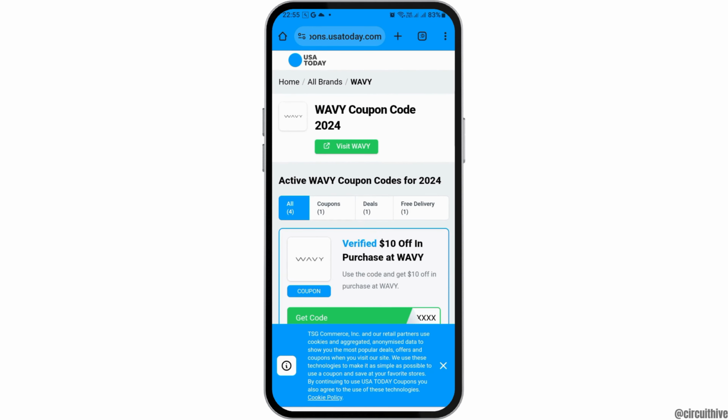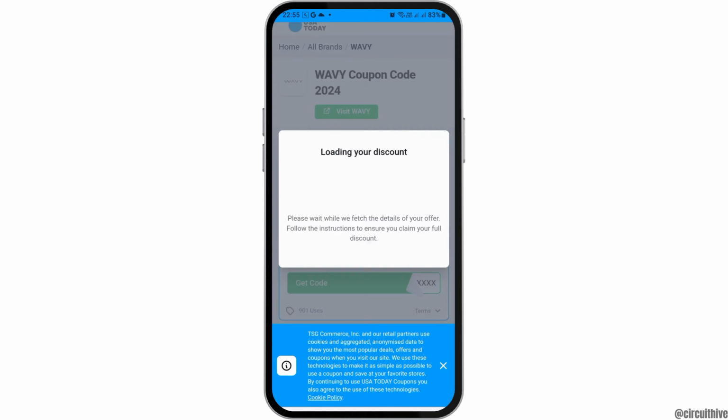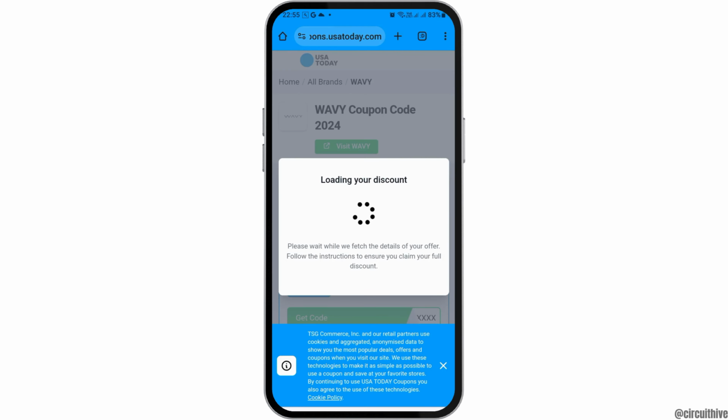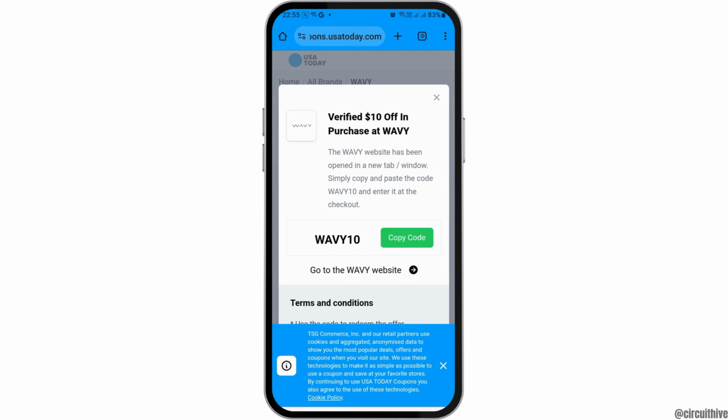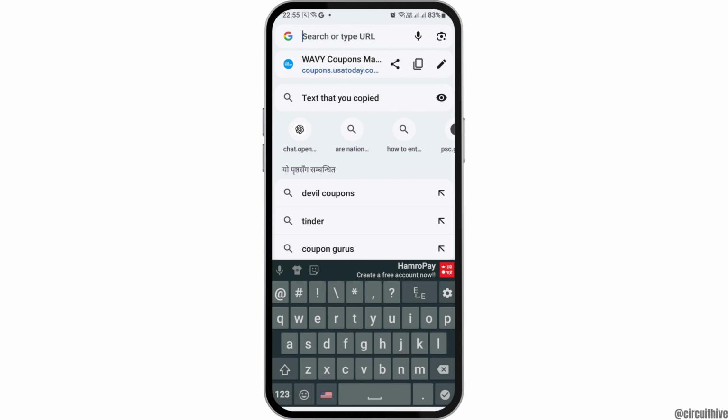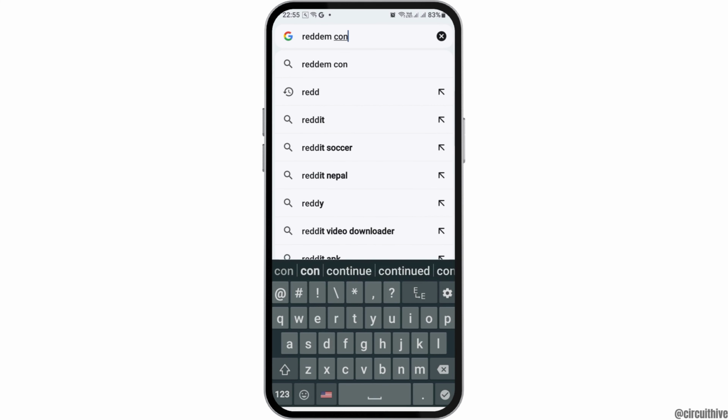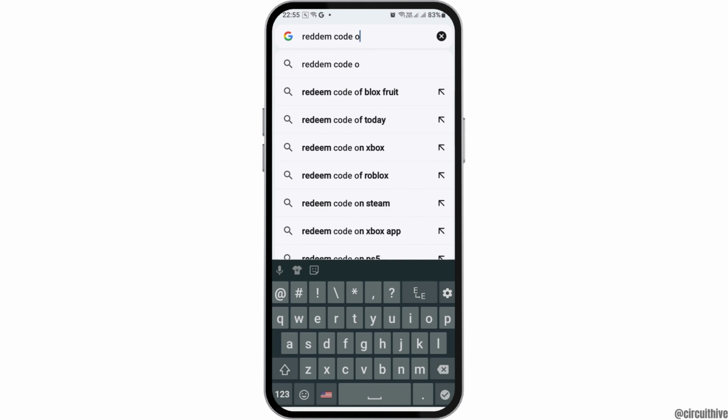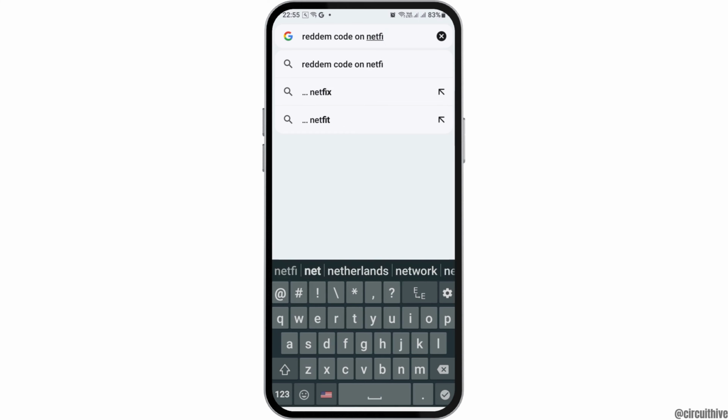Now here what you can do is you have to go and visit the option to get the code. And after you tap on get the code, you can see it loading, and you can just copy the code like this. And after that, you can go to the option of redeem code on Netflix and tap on redeem code on Netflix. After you tap on redeem code on Netflix, now you can see an interface